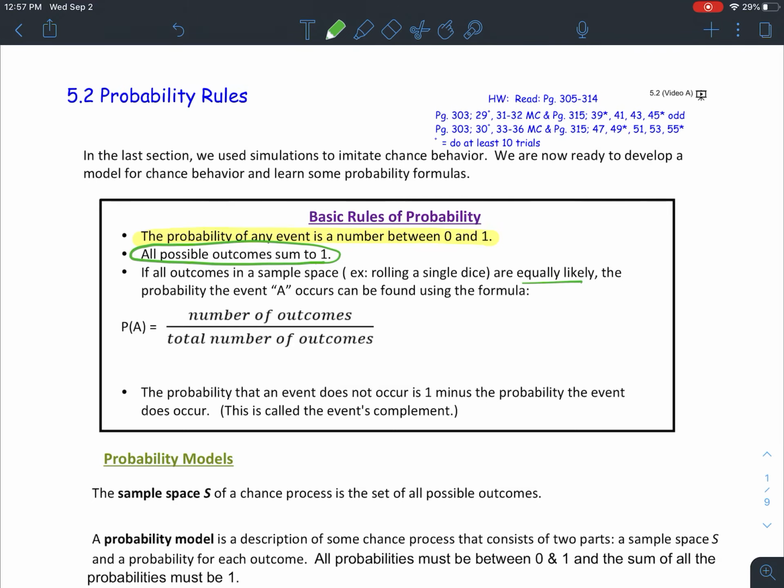So if all the outcomes in a sample space, say that you were going to roll a single die, were equally likely, the probability that event A occurs could be found using this formula. You take the number of outcomes in the numerator and you divide by the total number of outcomes in the denominator. For example, if we wanted to find the probability that we would get a sum of 3